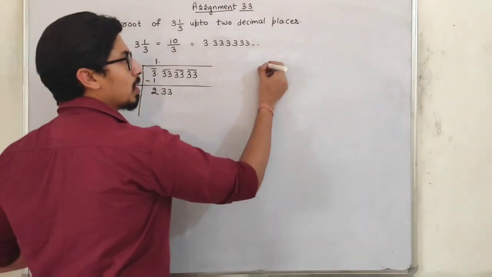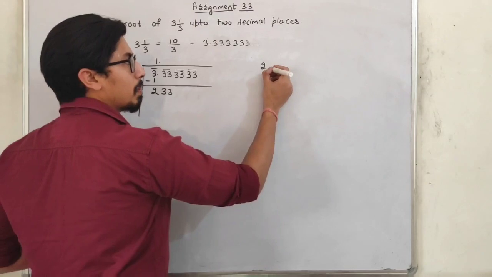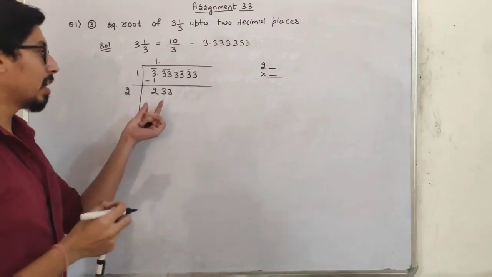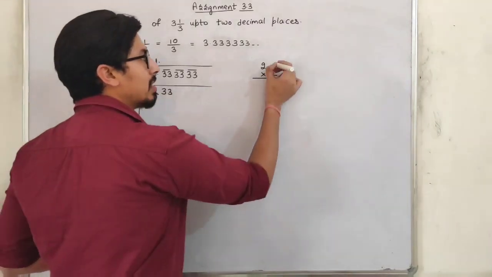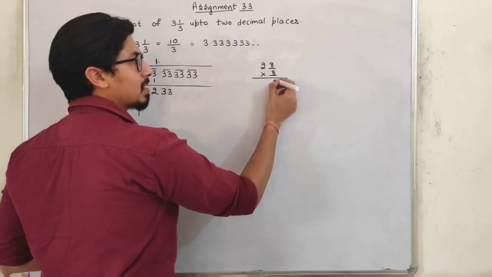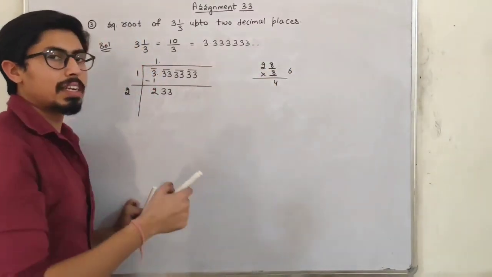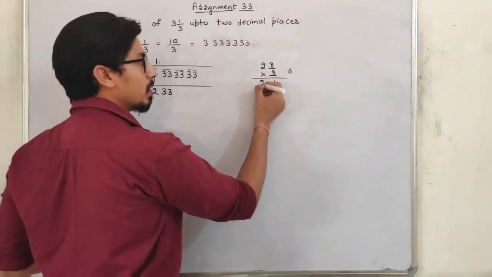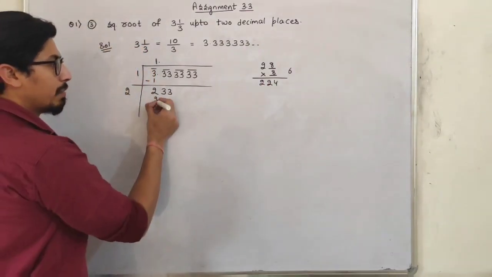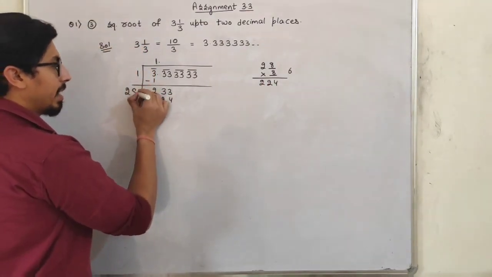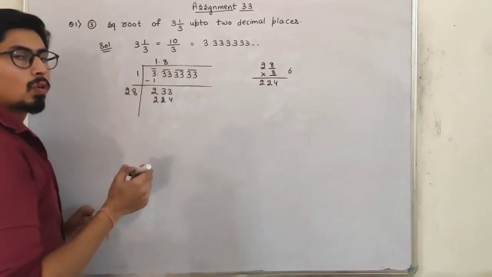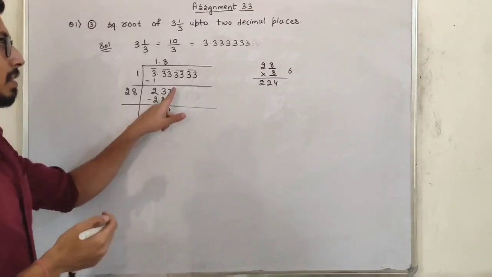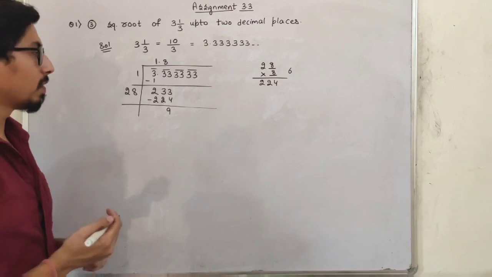Take this 2, and I have to take a digit and multiply it by the same digit. We have to form a number nearer to 233. So if I take, students, 8 here and 8 here, 8 8s are 64. 6, 8 is 16, 16 plus 6 is 22, so just write 224 here. 8 here and 8 here, students. Now just subtract them. It will be just 9, because if I subtract 224 from 233, it will be just 9.